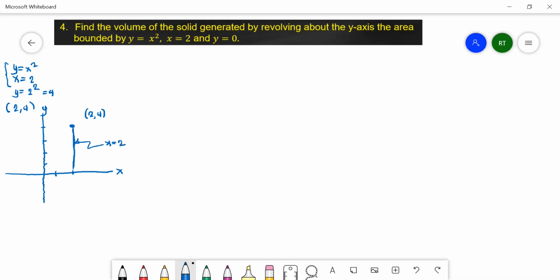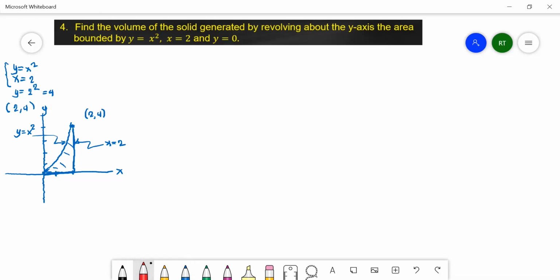Of course, the parabola y is equal to x squared with vertex at (0, 0) will intersect the x-axis, that is y is equal to 0. And the parabola y is equal to x squared opens upward, vertex at the origin. So hence, this is y is equal to x squared. And we are considering this region R, the region R bounded by y is equal to x squared, x is equal to 2, and y is equal to 0. And the axis of revolution is the